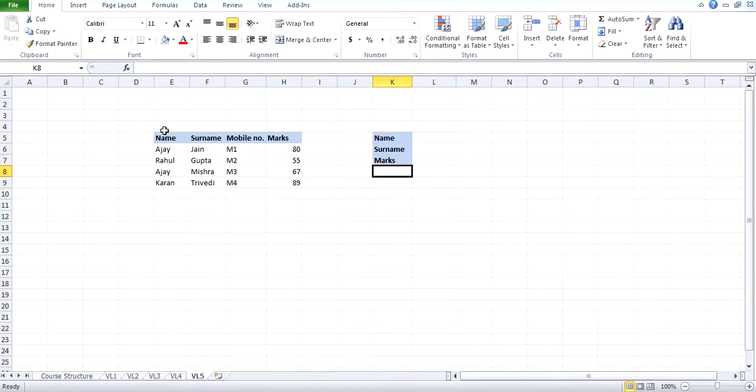In this table we have a few names, their surnames, mobile number and marks. Now let's say I want to fetch the marks for Ajay Mishra. If I only search using Ajay, I'll get the marks for this Ajay because this is the first Ajay that it finds in this column, right? Now, if I want to search for Ajay Mishra